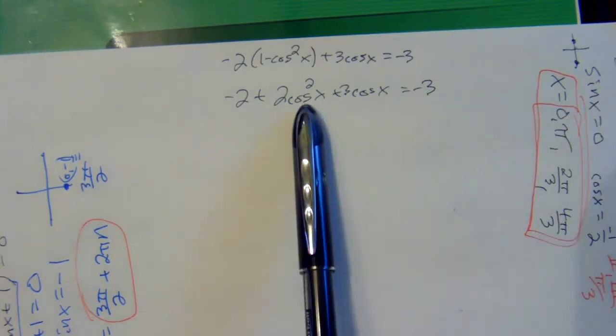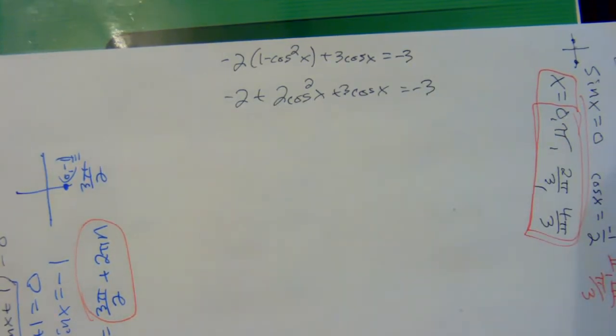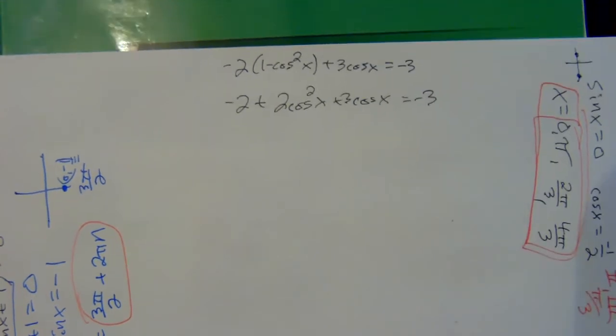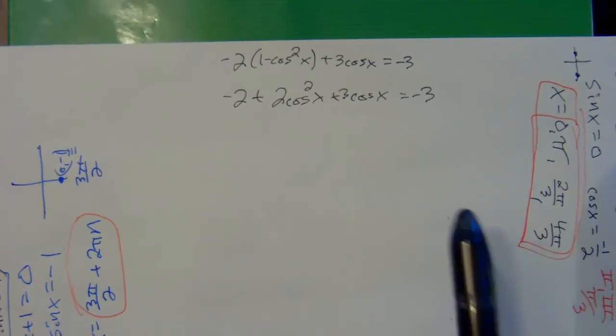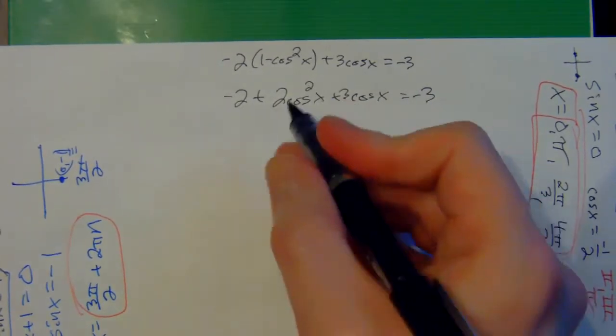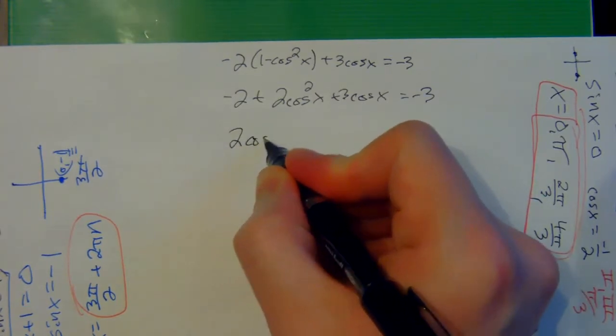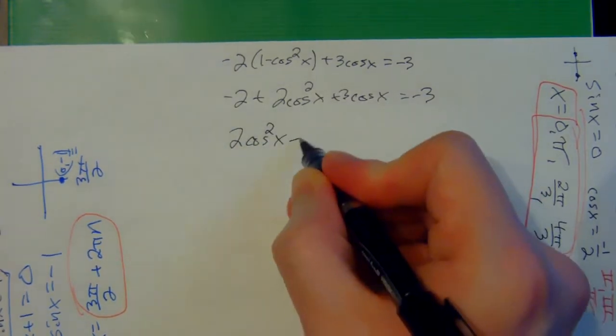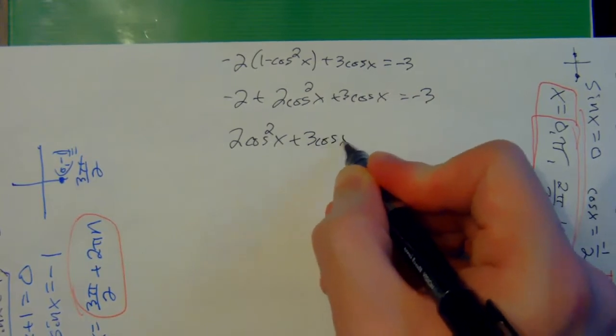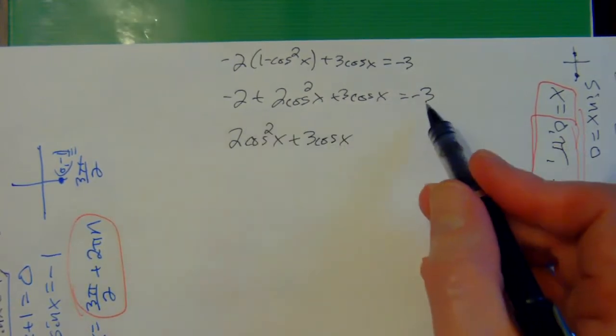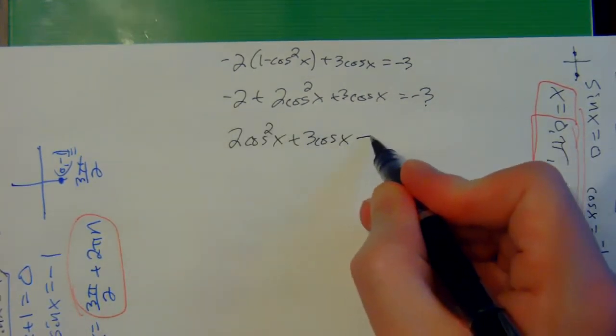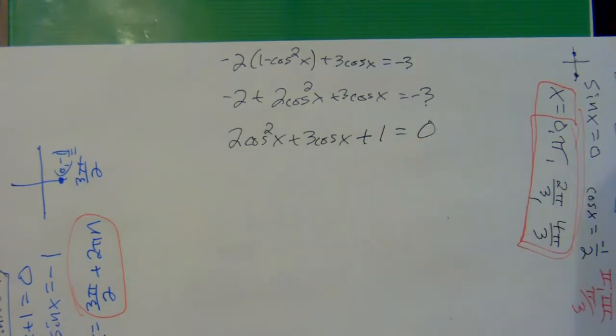All right, now you've got like an x squared and an x. It's a quadratic. Any quadratic, you have to move everything to the same side and set it equal to 0. So I'm going to move the 3 over here. I'm just going to carry down the x squared part, the 2 cosine squared plus 3 cosine of x. And I'm going to add 3 to both sides. So if I go -2 plus that 3, that's going to give us a positive 1, and then that's going